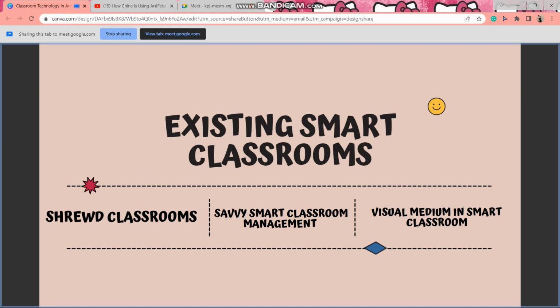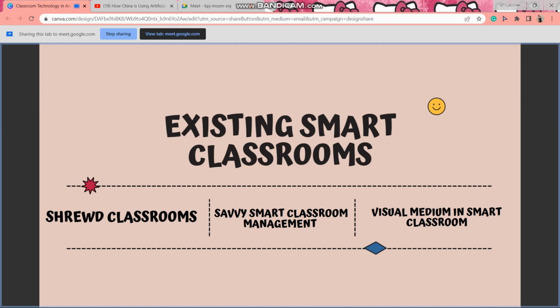And for the existing smart classroom, the first one is the Shrewd classrooms. Shrewd classrooms broadly utilize ESD techniques, and ESD includes adventure or problem-based learning, case consider, distinguishing in what way the measurements besides groups of the features of smart classroom. Smart classroom can provide a principle to the execution of technology strategies in genuine educating home in a viable method.